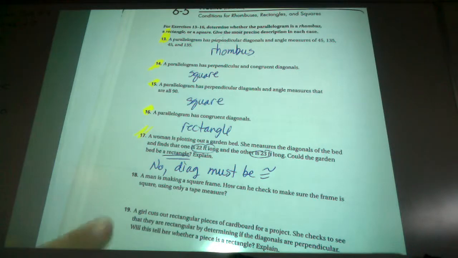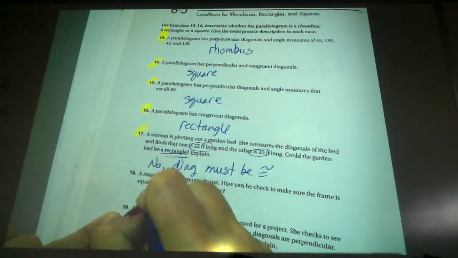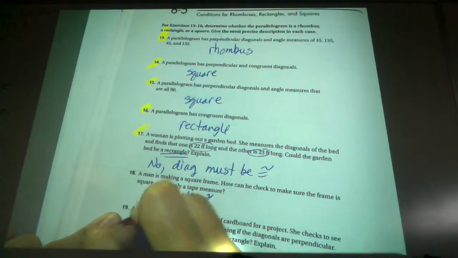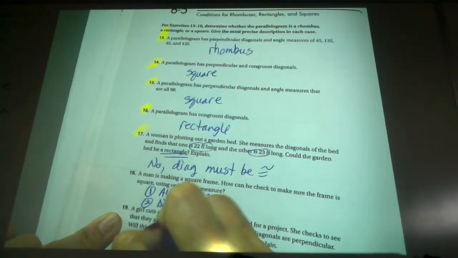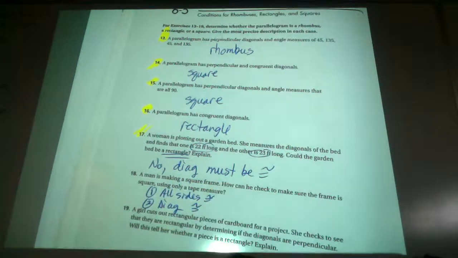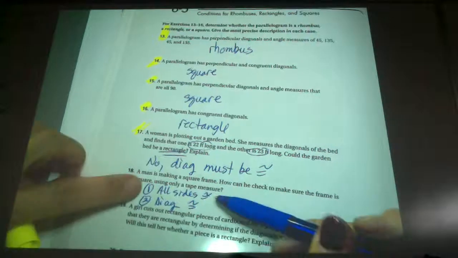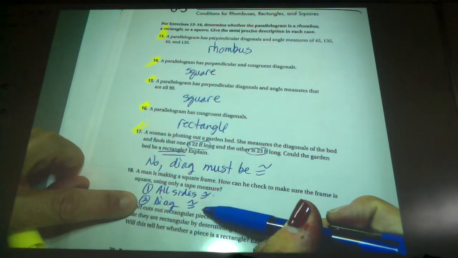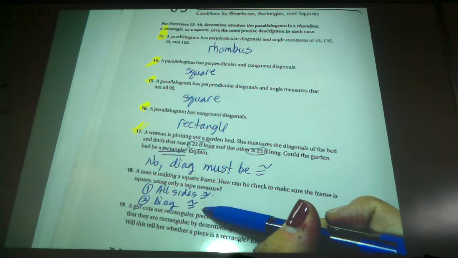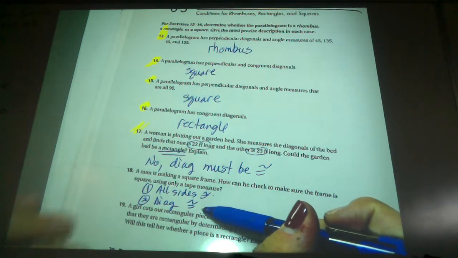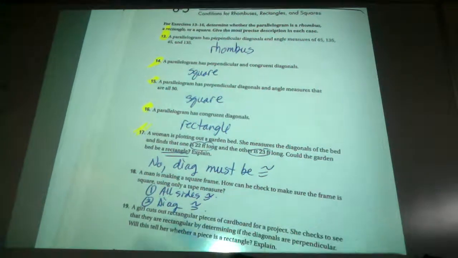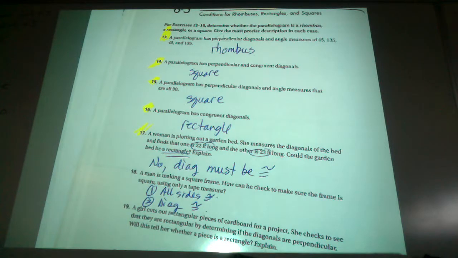So the only things that I can check would be 1, all sides congruent, and then 2, the diagonals are congruent. If I hit those 2 pieces, all sides congruent makes the rhombus, the diagonal is congruent makes the rectangle, and if you have one characteristic from each one of those, you have a square. In order to have a square, you have to have at least one characteristic from that rectangle and one characteristic from that rhombus. And so now we're done and you can